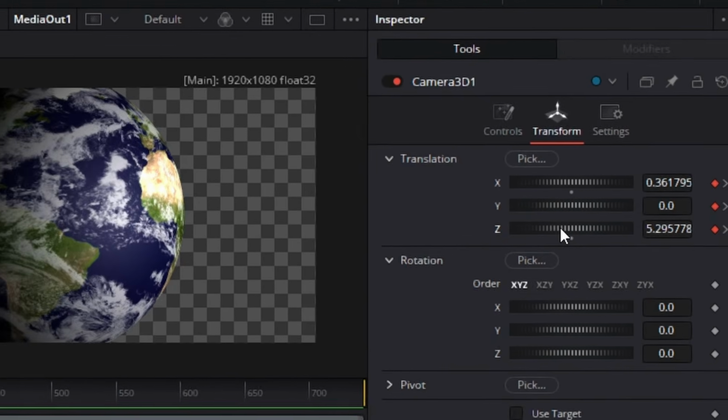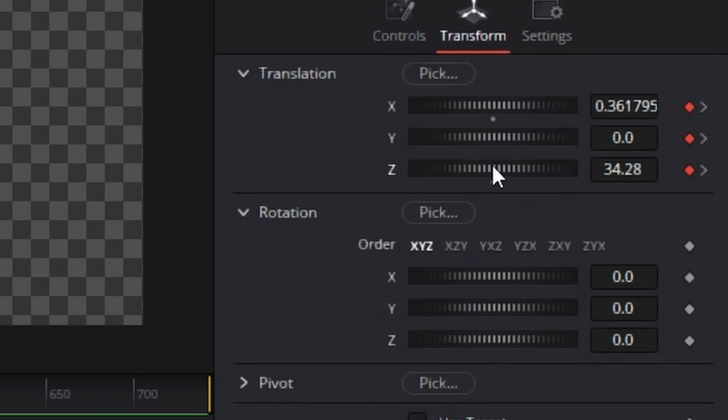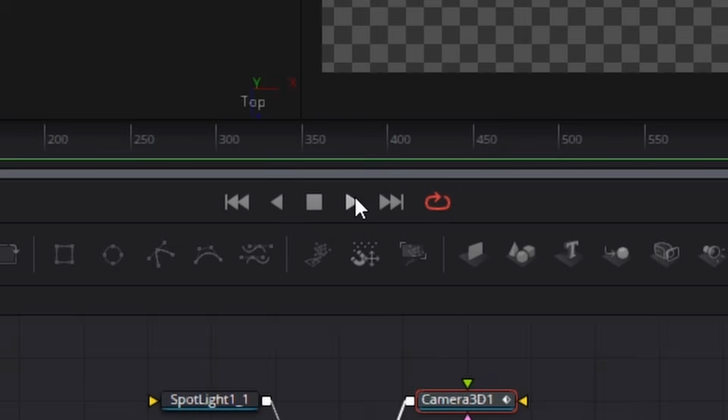And on the Z here, we can actually move in and out. So we're going to go really far till we almost can't see the Earth, like that. Now, when I play that back,